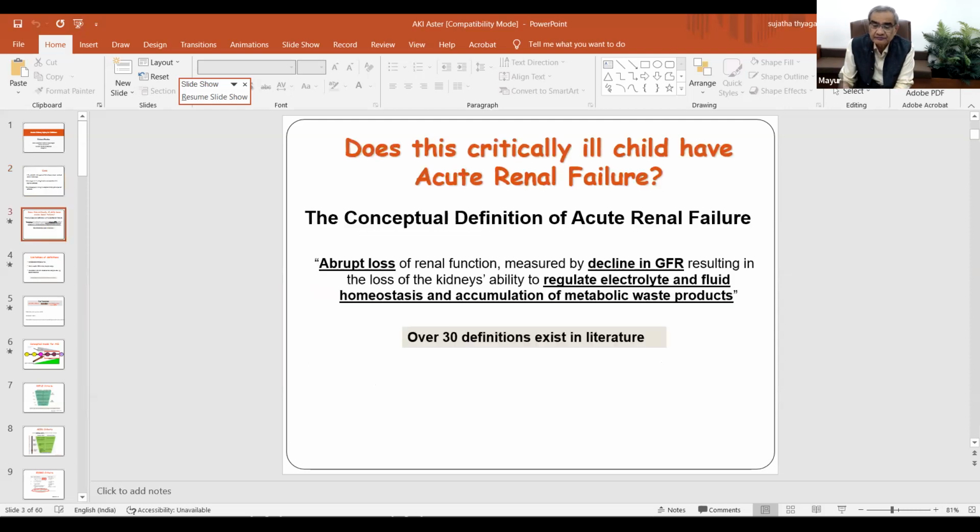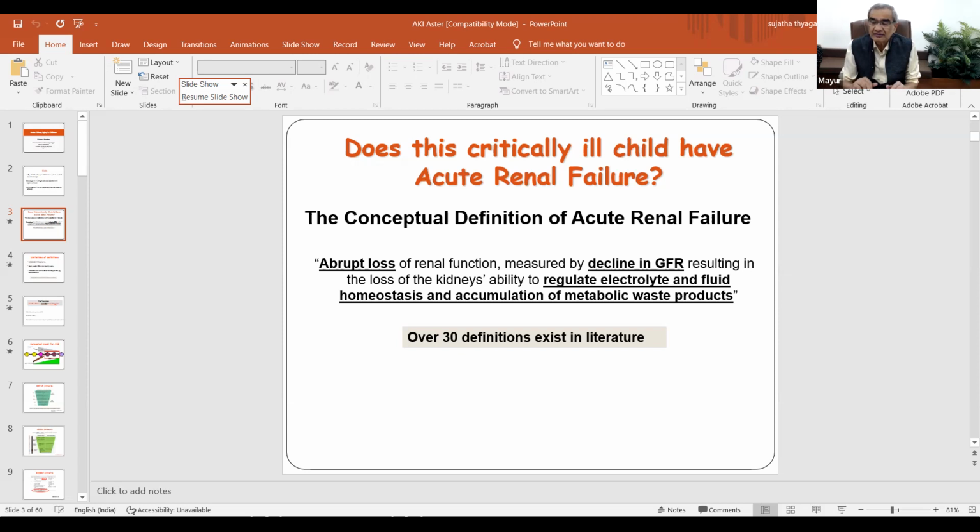So, does this critically ill child have acute renal failure? The conceptual definition of acute renal failure, there have been multiple conceptual definitions. There are more than 30 definitions in literature. So basically, it is